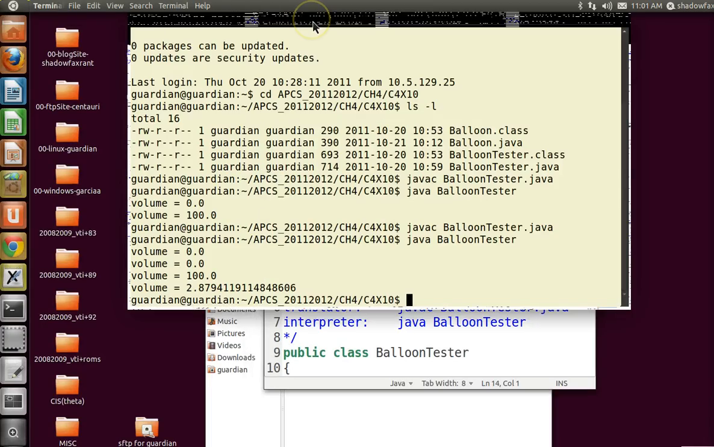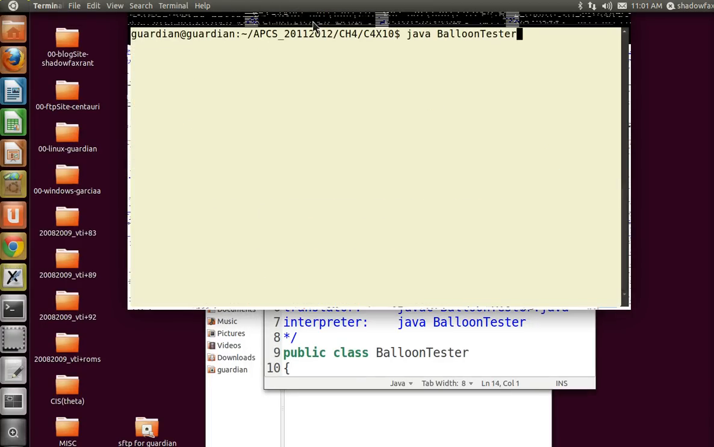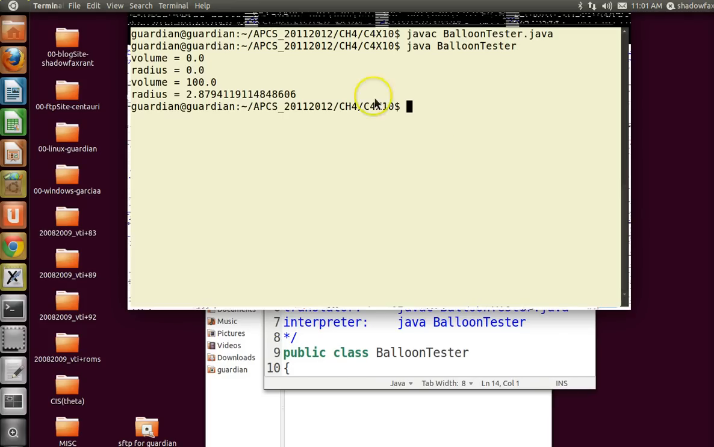So let's go over here. All right, so when your volume is zero, your radius is 0. Does that make sense? And when your volume is 100, your radius is 2.879 something. Well, I don't know. Let's check that with a